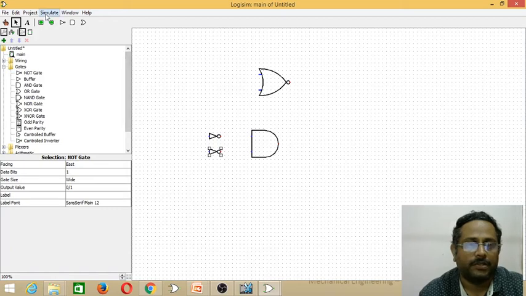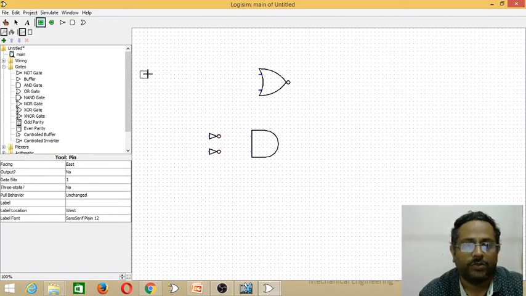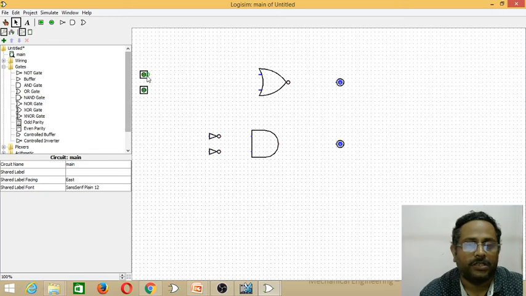Then place the input components, the required number of input components, and place the output components. And then after placing all these things, wire the input to gate to output.